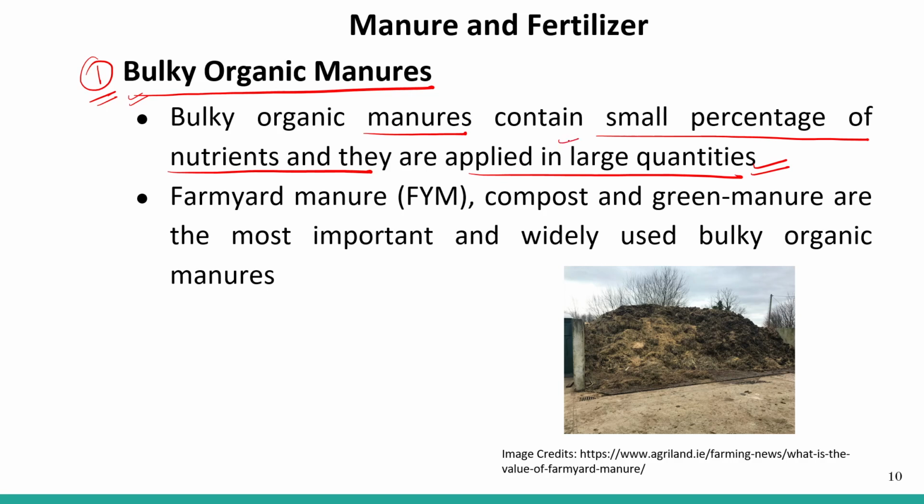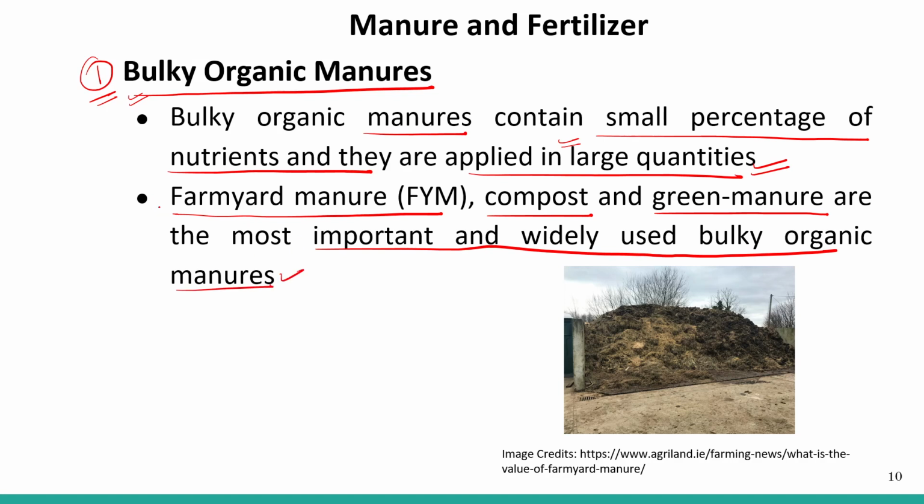Farmyard manure, FYM, compost and green manure are the most important and widely used bulky organic manures. So these are the three different forms of bulky organic manure, that is FYM, farmyard manure, compost and